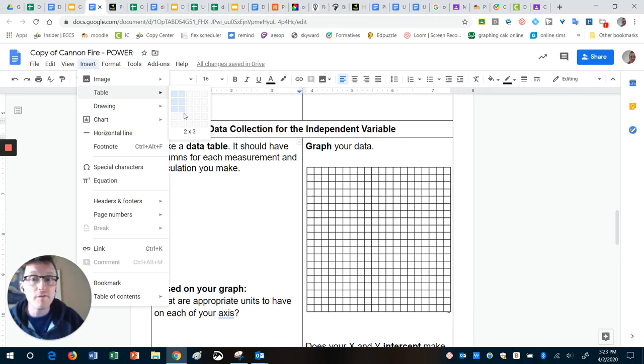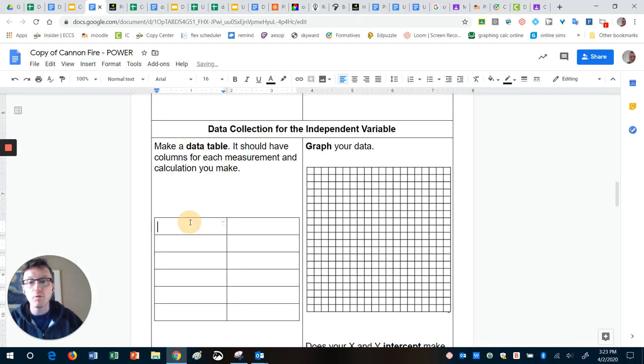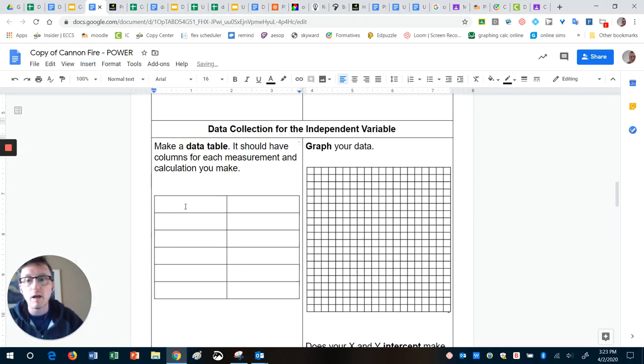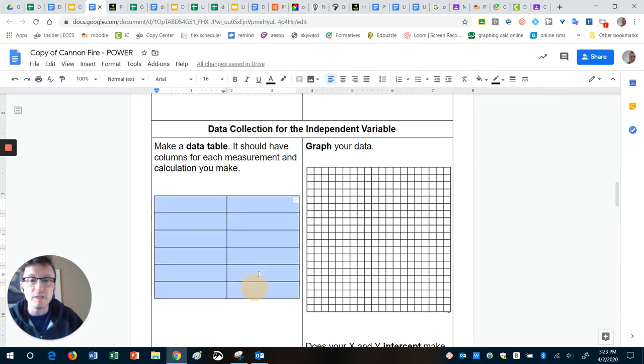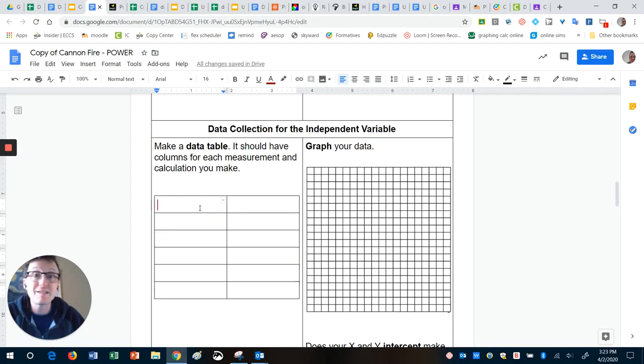Now, I don't want to have 5 rows. I actually want to have 6. Here's why. The top row, I want the top row to be my title, my header. What am I measuring here? That's important. If somebody else is to look at your data, your results, they need to know how to interpret